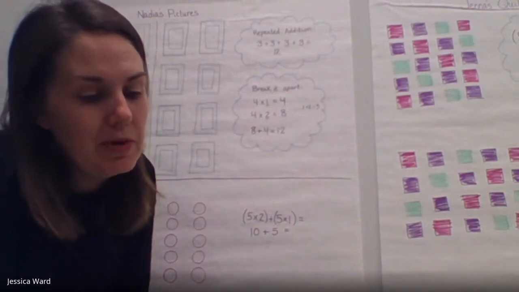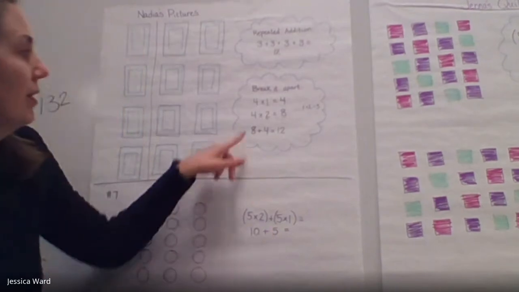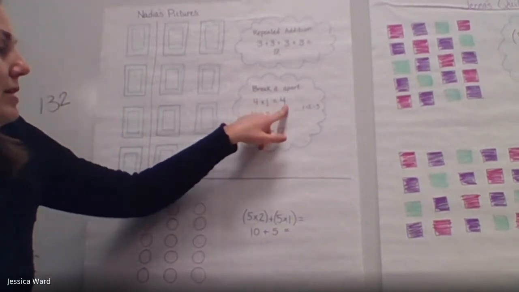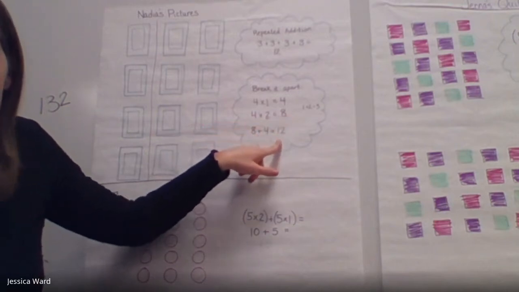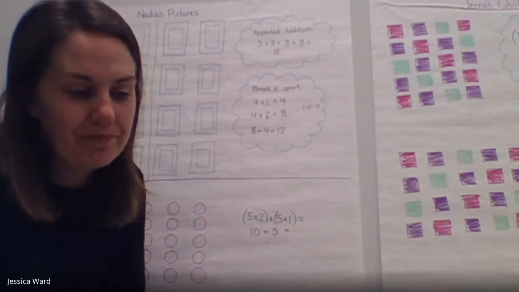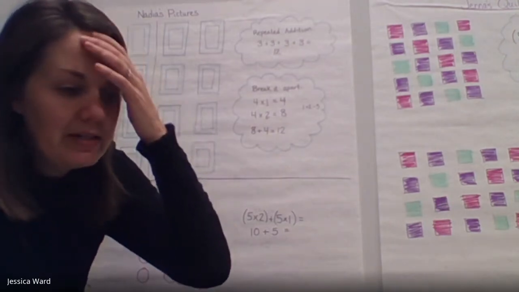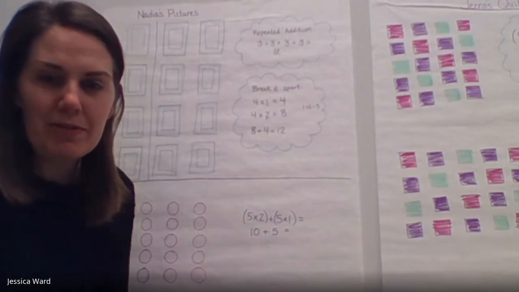And number 3 says, what 2 multiplication equations could you then use for the 2 smaller arrays? So we had 4 times 1 is 4, 4 times 2 is 8. Together, 8 plus 2 would, or I'm sorry, 8 plus 4 would still give us 12. All right, so we're going to go ahead and skip the rest of those problems just for the sake of